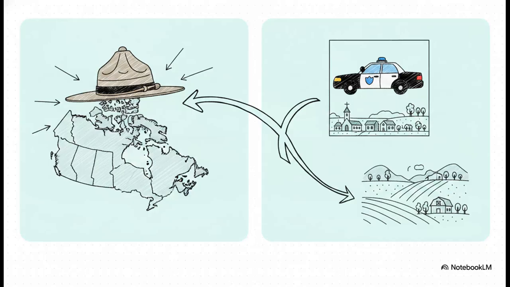Let's really clarify the dual role of the RCMP, because honestly, this is a super common point of confusion on the exam. The RCMP enforces federal laws everywhere in Canada, period. However, because provinces outside of Ontario and Quebec do not have their own specific provincial police forces, the RCMP actually steps in to serve as the provincial police in all those other provinces and territories. So if a test question asks you who acts as the provincial police in, let's say, Alberta or Nova Scotia, the answer is the RCMP.